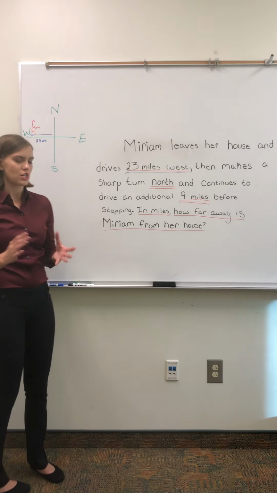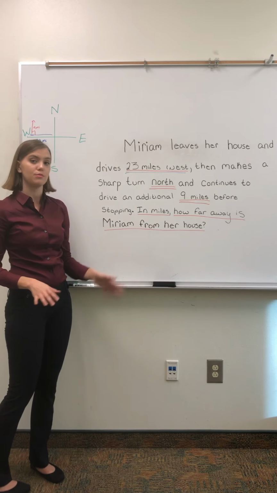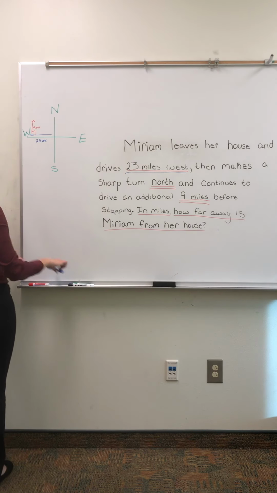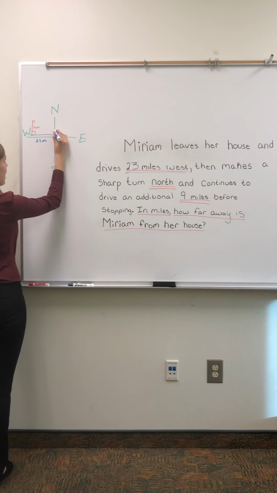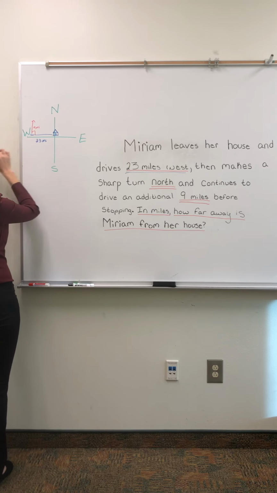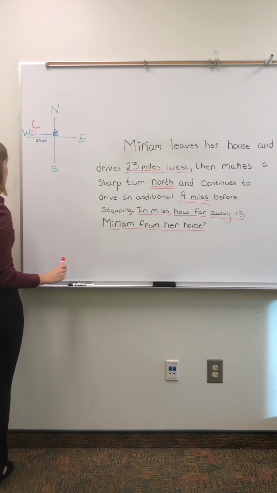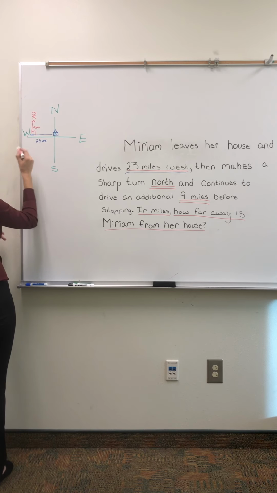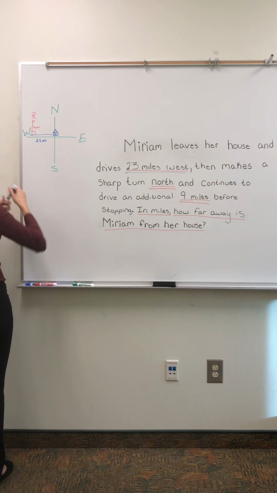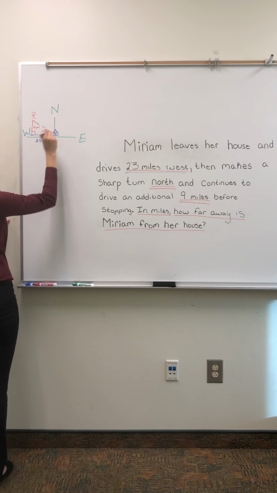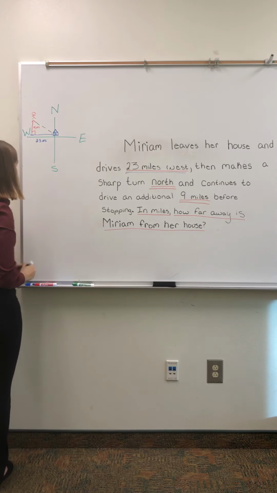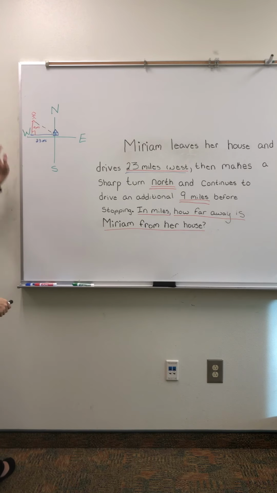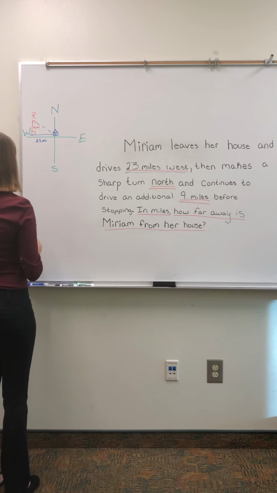Now let's refer back to our actual question. We want to know how far away is Miriam from her house? So we know that whenever she drove 23 miles, that was where her house was. She drove 23 miles away from her house, and then 9 miles north, which is where she is now. And we want to find the distance from her to her house. So not only do we have a right angle, but we have a right angle triangle